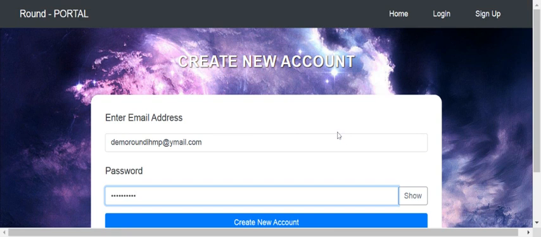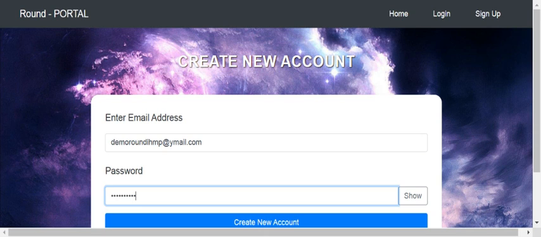Hello. So in this tutorial, I'm going to show you how to create a new account on Round. Now, for those who don't know, Round is an internal hub management portal that allows you to create unlimited invoices, quotations, and booking and order slips for your customers. So if you're a business looking to migrate from the manual method of writing invoices, Round is the perfect